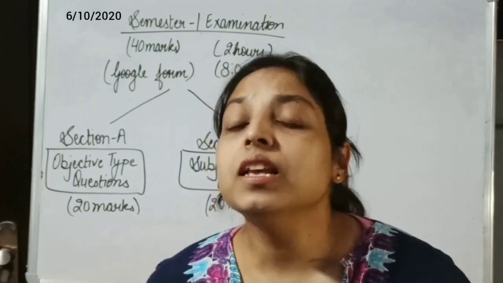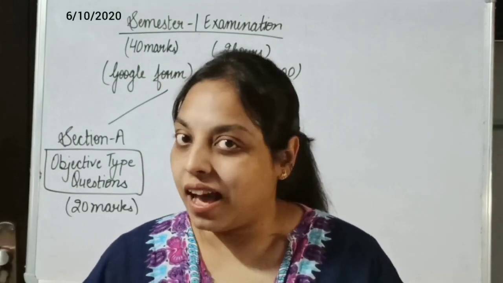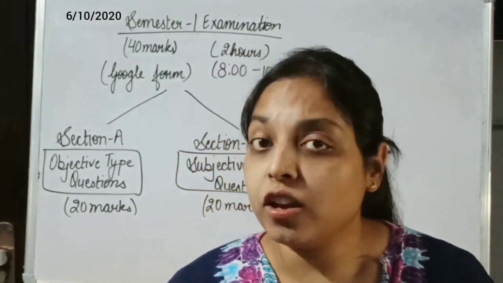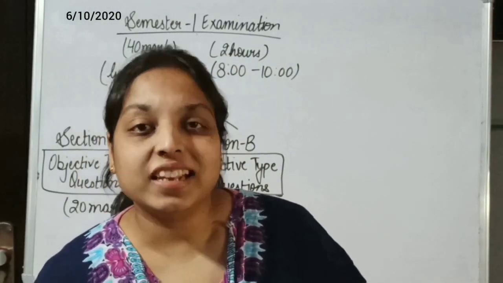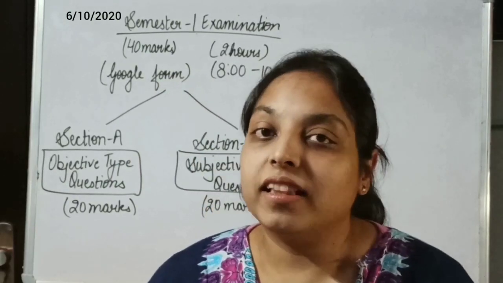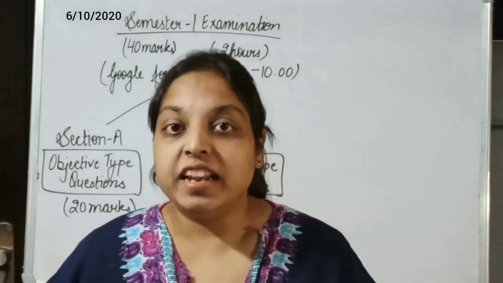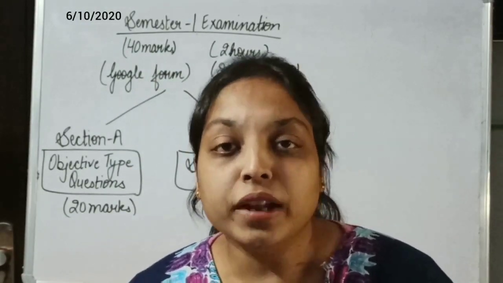Now the question is, how will you attempt the paper? It will be same as your class test. As you know, you were getting a link in your class groups for the class test. Same for the semester 1 exam also, you will get the link in your class group. And you know it very well, the link will be in blue color. The font color will be blue in it.